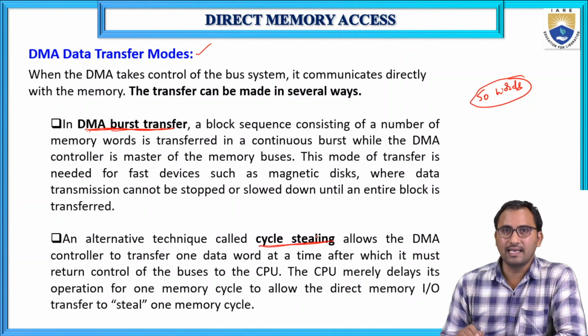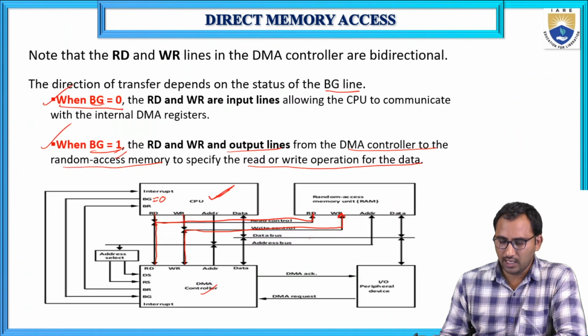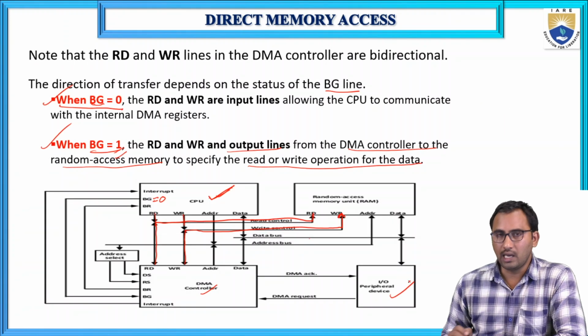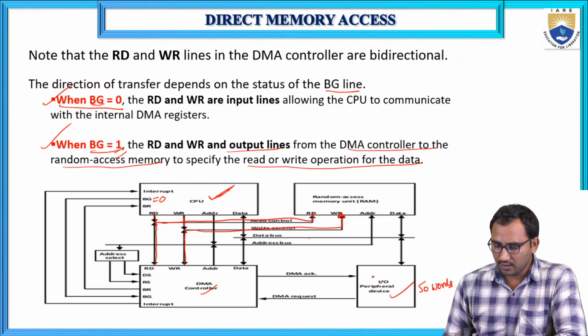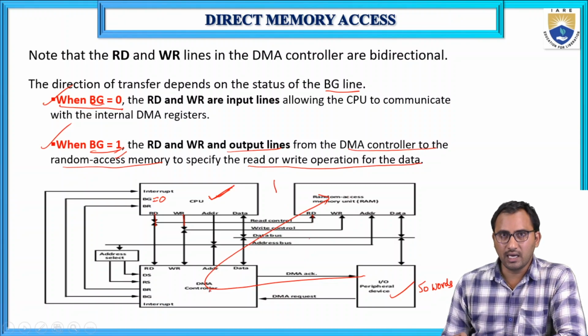And coming to cycle stealing. In cycle stealing, the peripheral device will send word by word. That means first it will send one word from the IO device to the memory. You can understand this with a diagram. This is an IO device. Let us assume it is transferring 50 words. First this IO device will transfer one word to the memory through the DMA controller. After that,